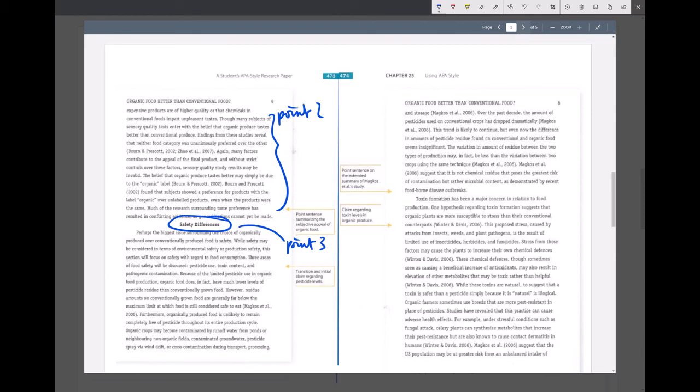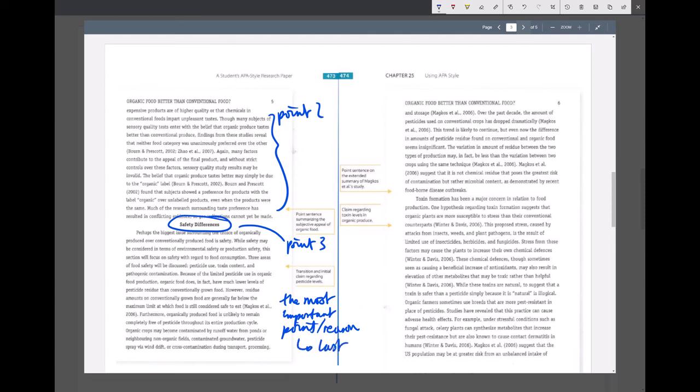Two reasons. One, it's the most important point about the safety. Is it safe to eat? Important point in your essay or reason. And two, well, you probably want to make your argument as strong as possible, so you want to put it last.